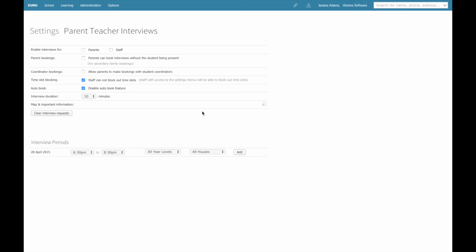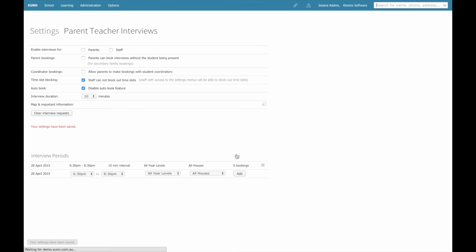Use the Add Row fields to add a new interview period. You can add multiple periods on different days or even the same day, and optionally restrict who can book interviews in each time period by limiting the period to certain year levels or houses. Only parents of students that match the interview period criteria will be able to book interviews. For example, if you restrict the interviews to Year 7 only, then parents of Year 10 students will not be